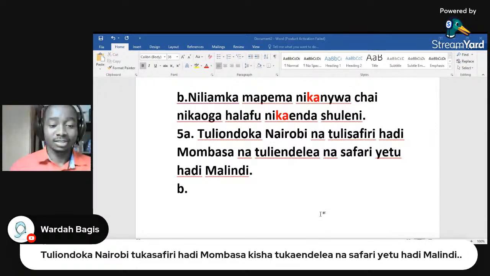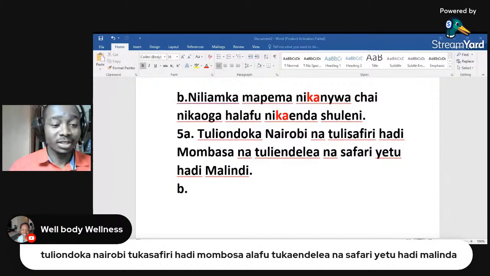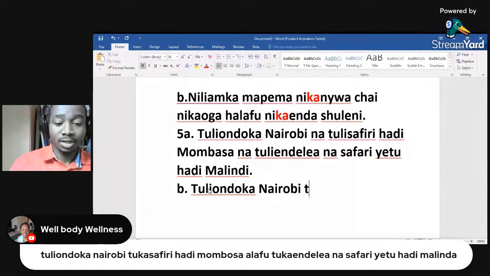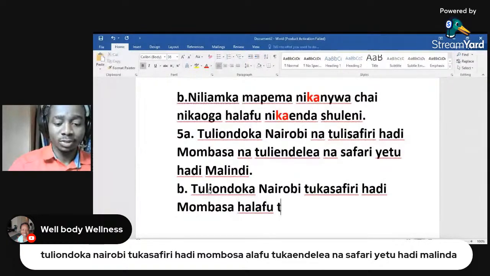Yeah, let's see how you can use this. Sometimes people use this in the present tense. So let me write that one first, just copy it here. Vizuri Phoebe. Tuliondoka Nairobi, tukasafiri hadi Mombasa, halafu tukaendelea na safari yetu hadi Malindi. Vizuri sana. So hivi itakuwa hivi. Tuliondoka Nairobi, hadi Mombasa, halafu tukaende